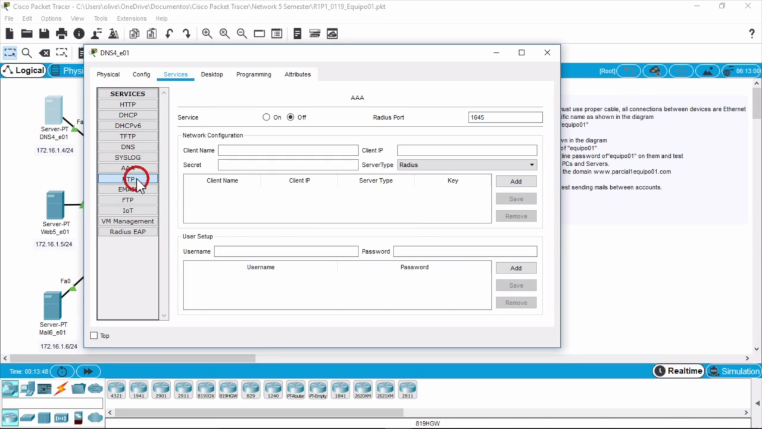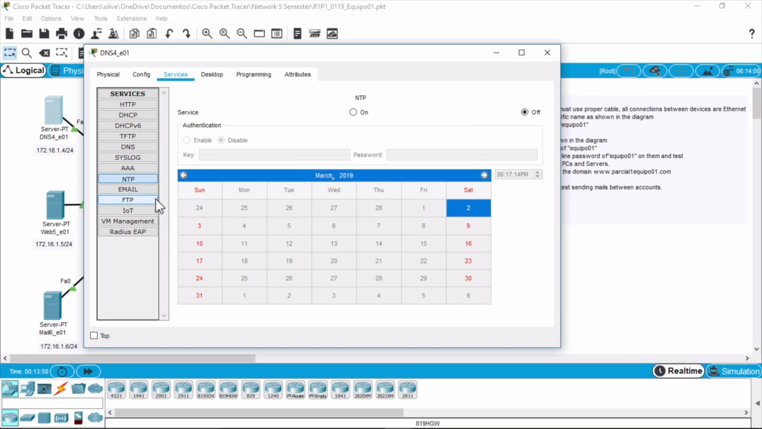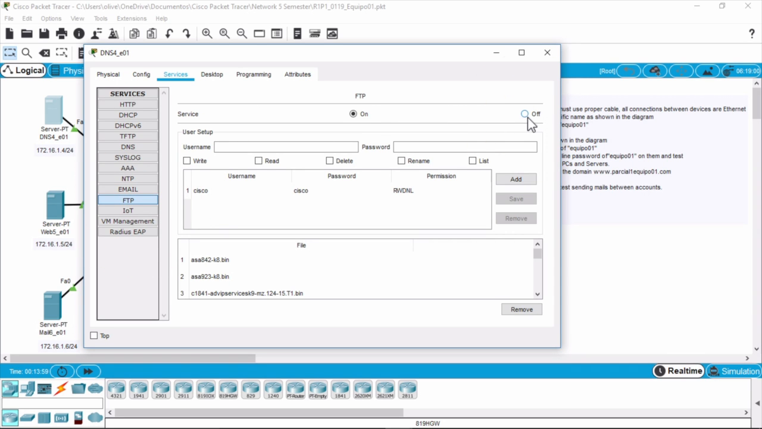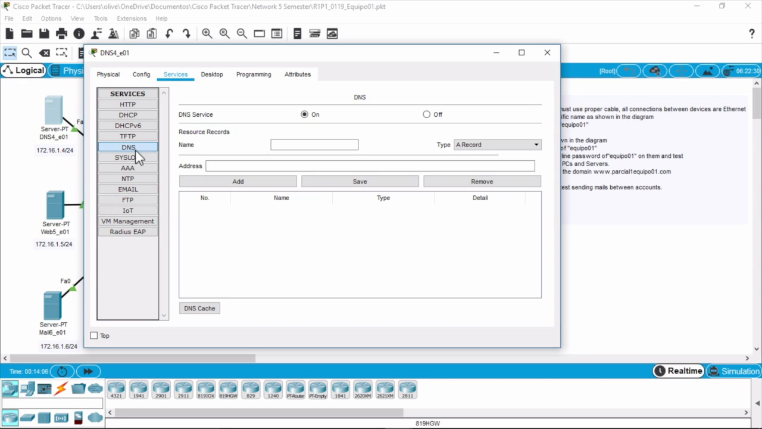IEEE off. NTP off. Email also off. Okay, FTP off. And that's okay. Let's see, DNS, it's turned on. Oh, I forgot to save the configuration. So